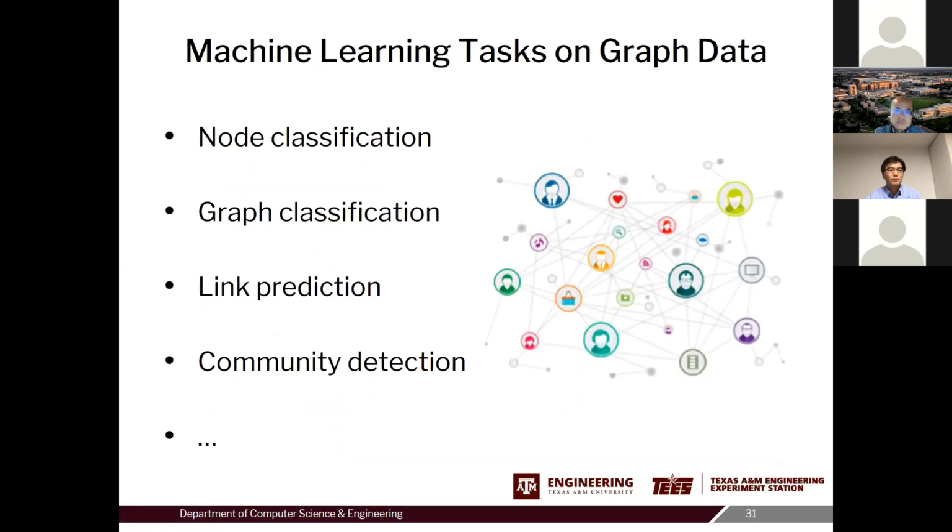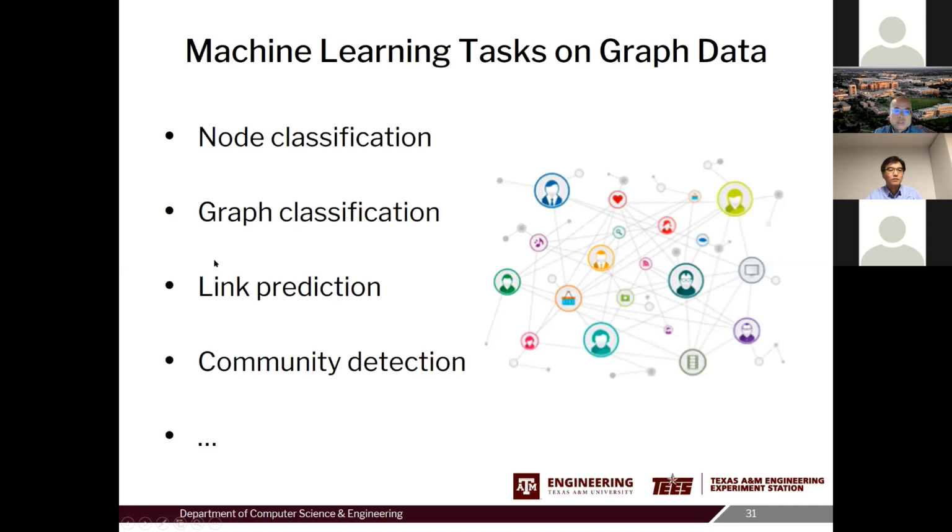There are a few machine learning problems in the graph domain. One problem is called node classification. Basically, you have a graph here, and you try to predict a label for each of the nodes. Another one is called graph classification. Here, you don't associate a label with a node, but you associate a label with the entire graph.